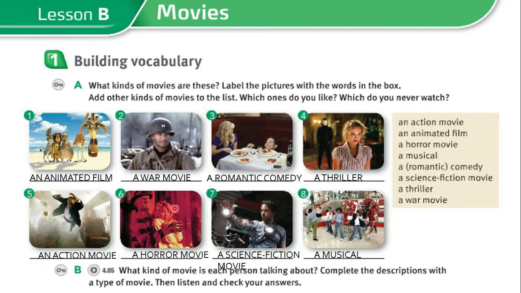Horror movies are scary movies like Freddy Krueger or The Conjuring or Annabelle. Number seven is a science fiction movie, for example, The Avengers, because it has a lot of special effects. And number eight, it's a musical, like for example, High School Musical or La La Land, or for example,